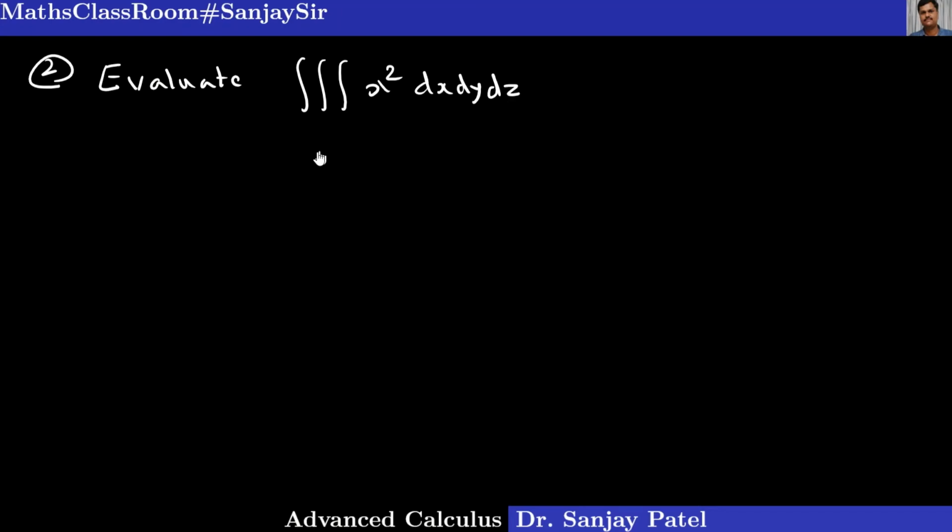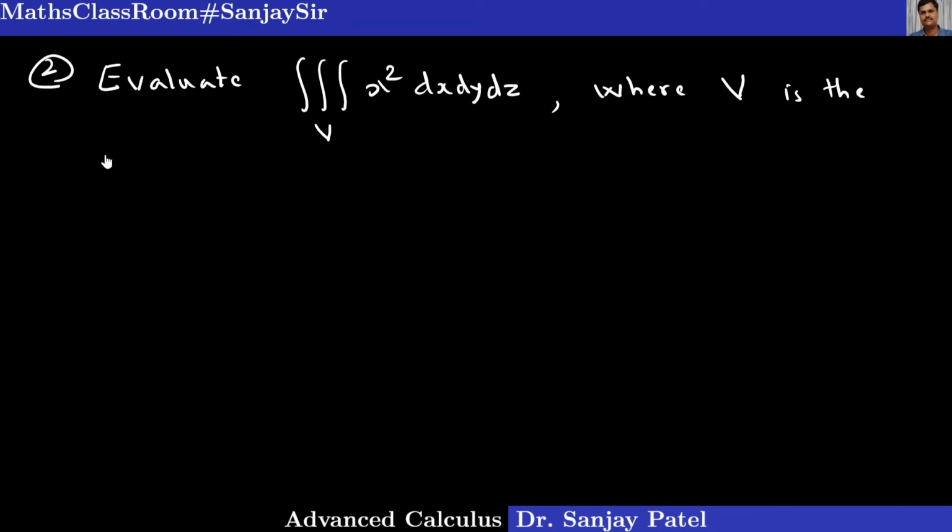The second example is: evaluate the triple integral of x square dx dy dz over the volume V, where V is